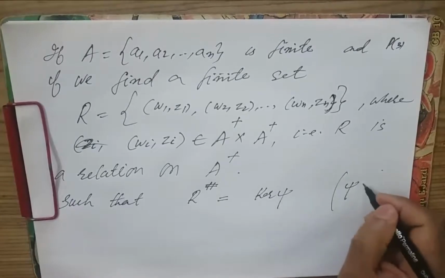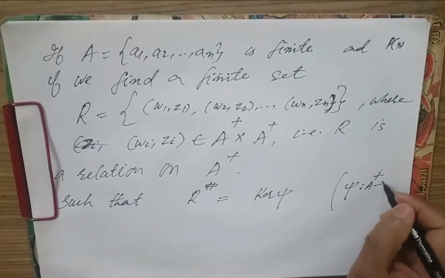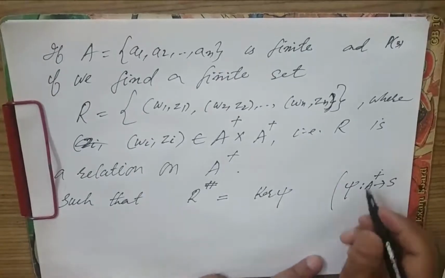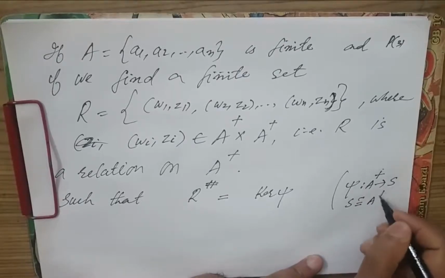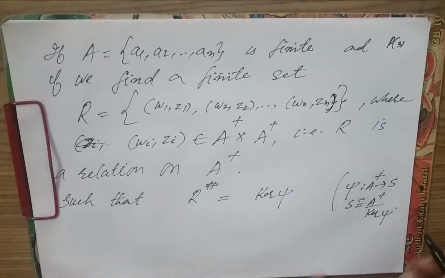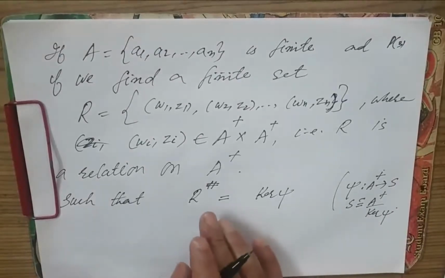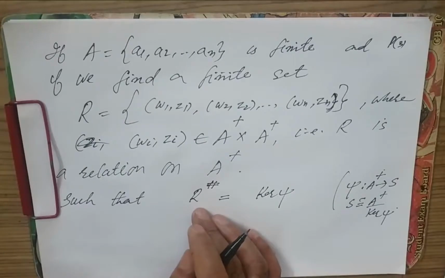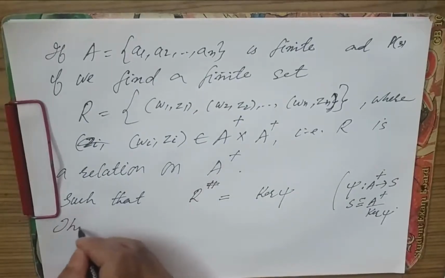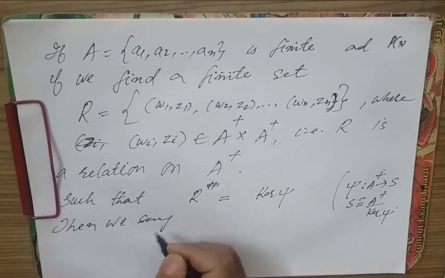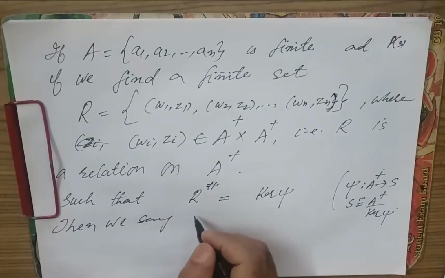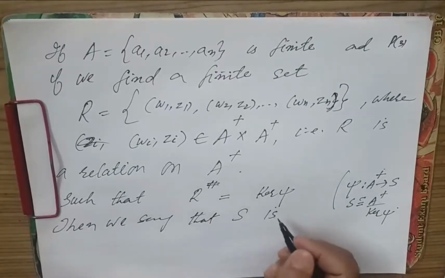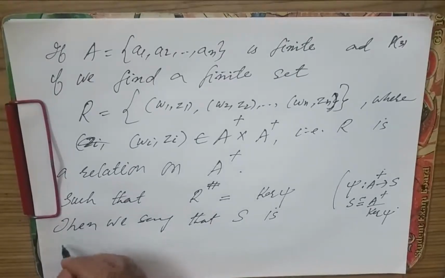Psi is an onto map from A plus to S, and this S is isomorphic to A plus over kernel of psi. This is already done. Then we say that S is finitely presented,